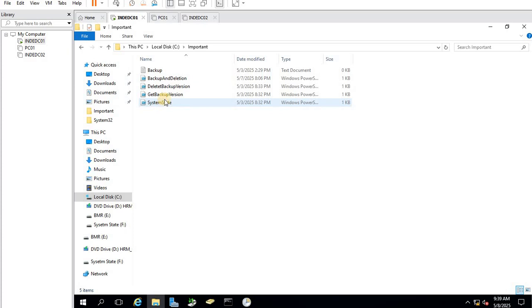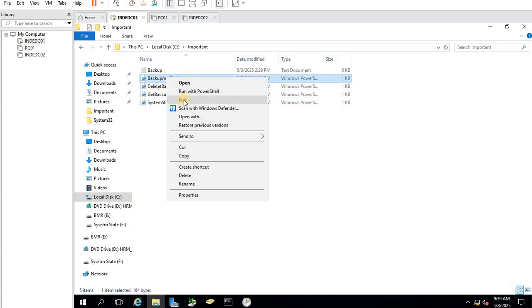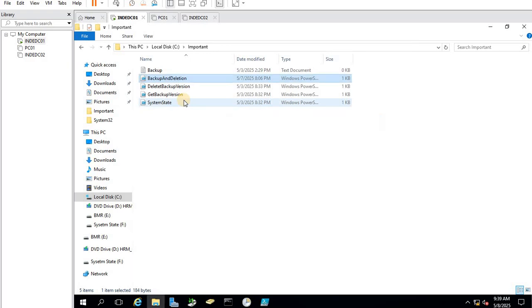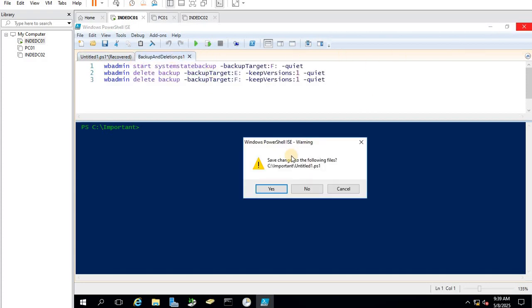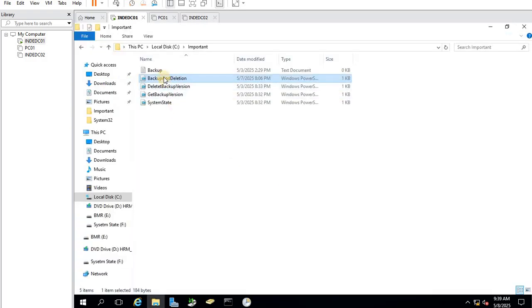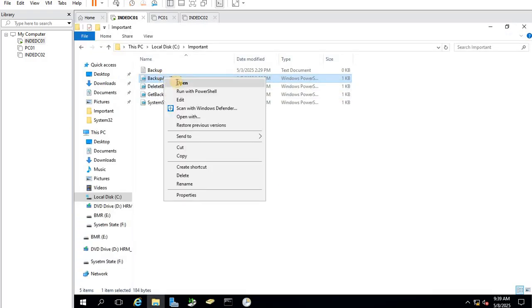So my script is here, backup and deletion. This one is showing something different. Open.